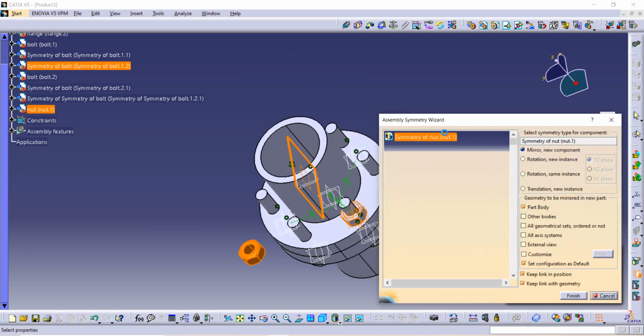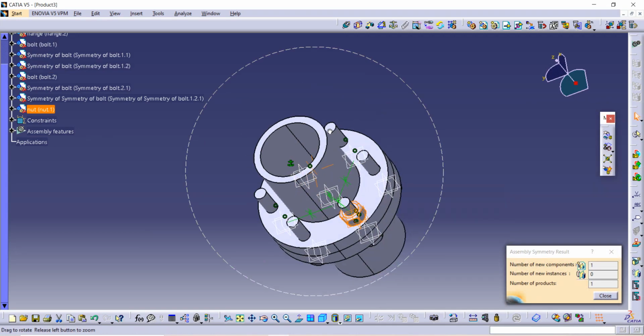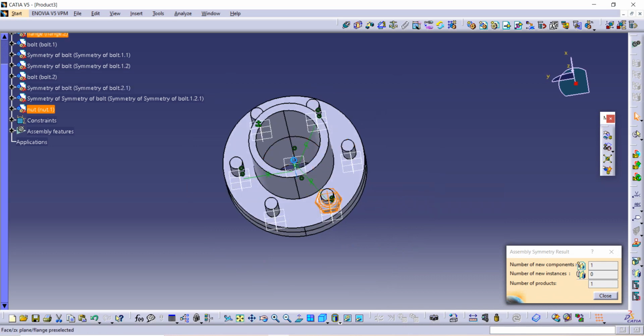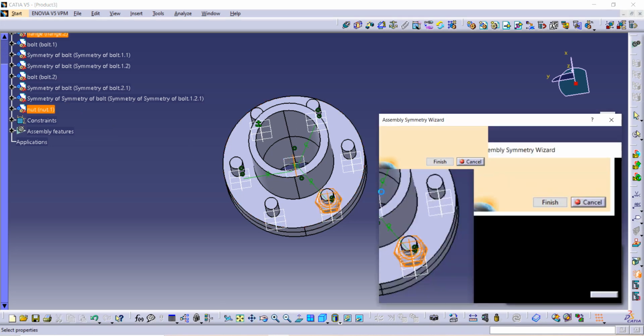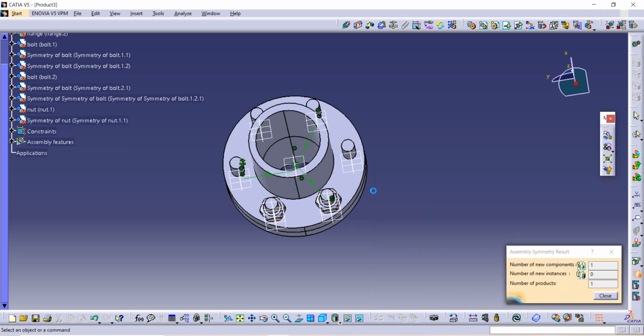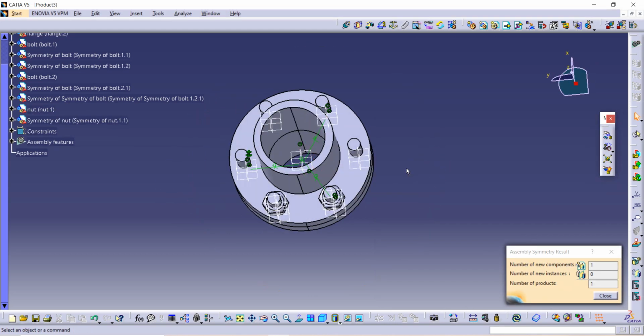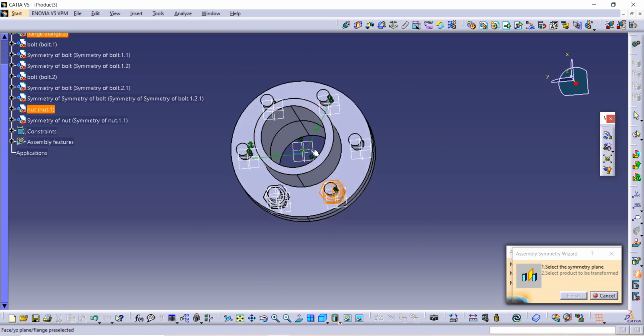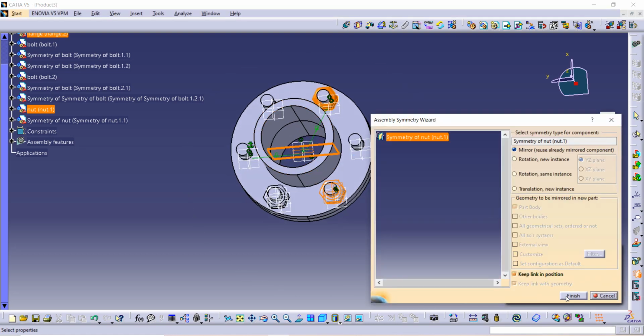Select plane, no, not that plane actually, this plane. We need to proceed again with this. Finish it.